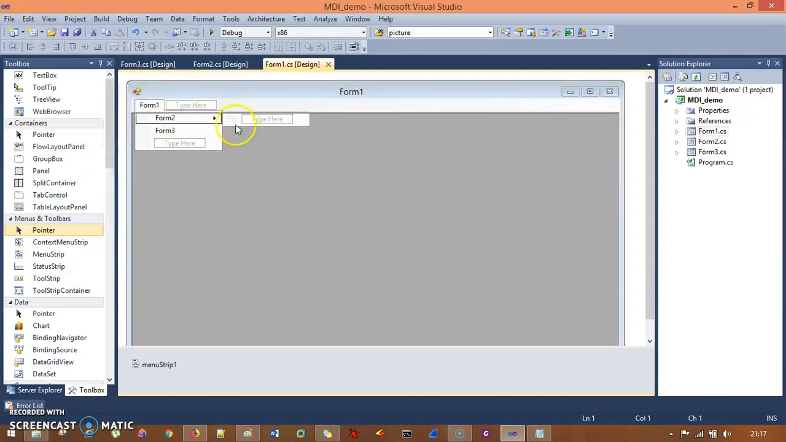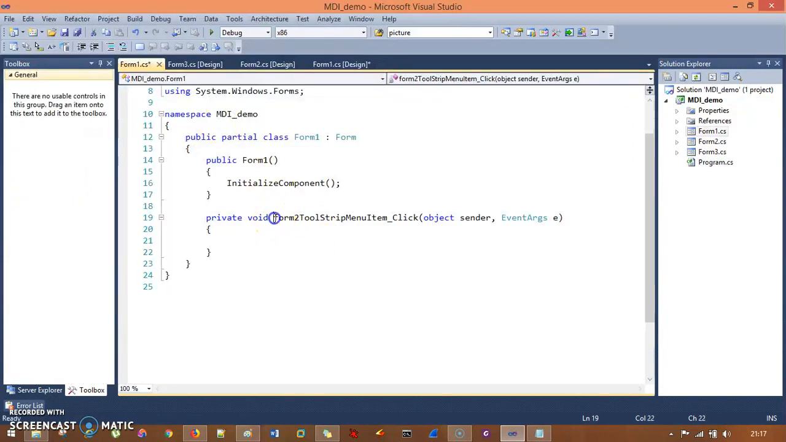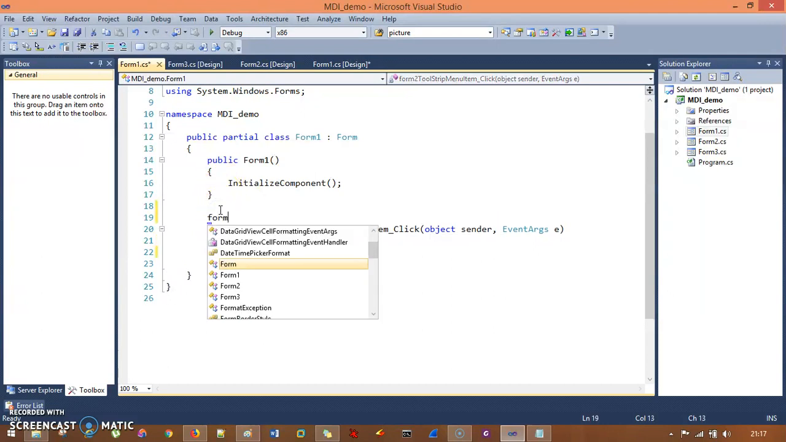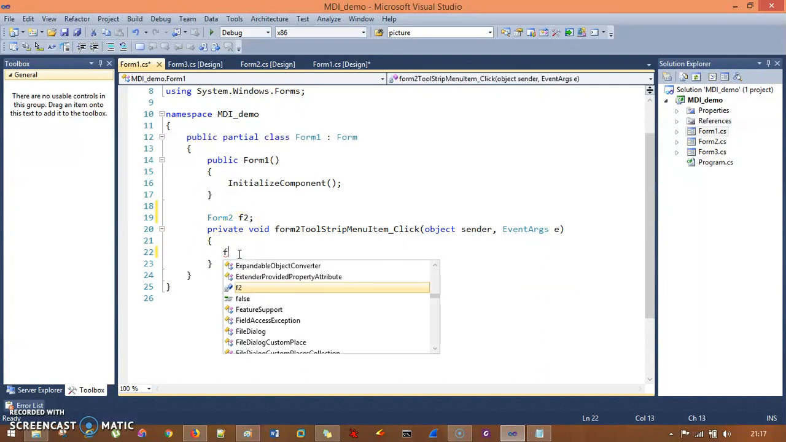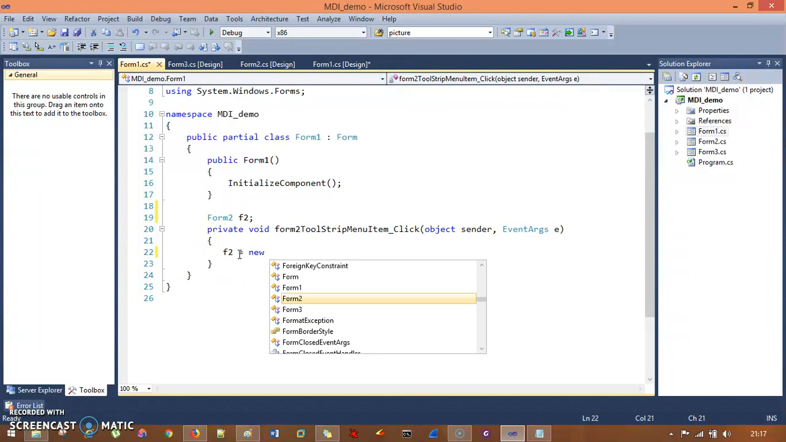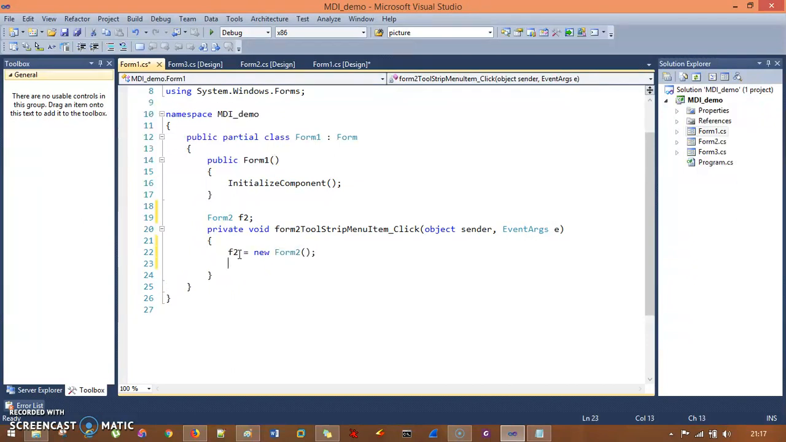So I'll double click. It will generate one event, and that event name is form 2 tool strip menu click. Okay, so this is a click event, and inside this event I will write the code to open that form 2. So how exactly am I going to write it? I'll globally declare over here Form2 f2, and I will say here f2 equals new Form2, and I will also say that f2.MdiParent